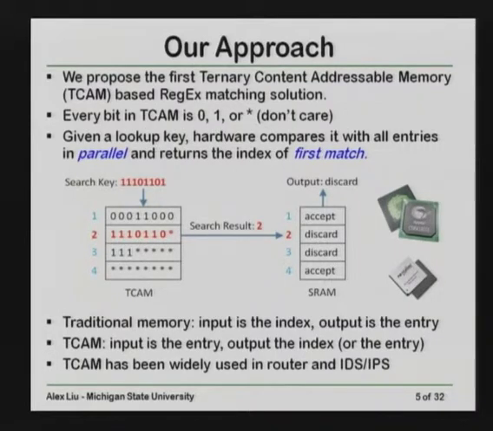So take a look at this example. Suppose this is the TCAM lookup, this TCAM layout. For example, if you give the key, say 1110, 1101, you will see that this entry can match the second one, because the star can match 0, it can also match 1. And similarly, it can match the third entry and also the last entry. However, the hardware basically first finds all the matches, and then uses a priority encoder. This will return the first match. So it will return the index 2, and based on index 2, they can quickly find the corresponding decision